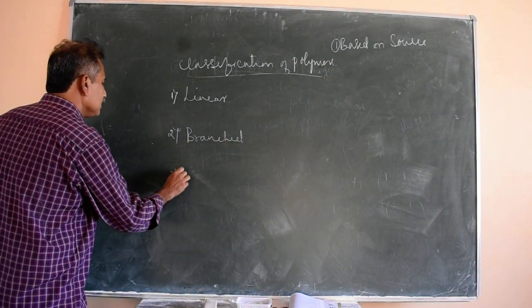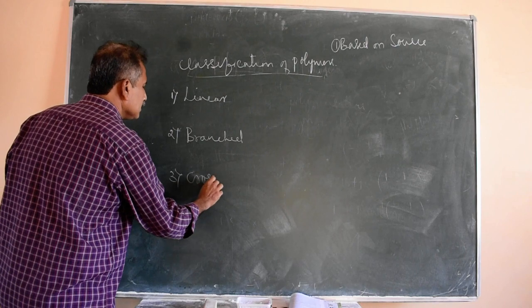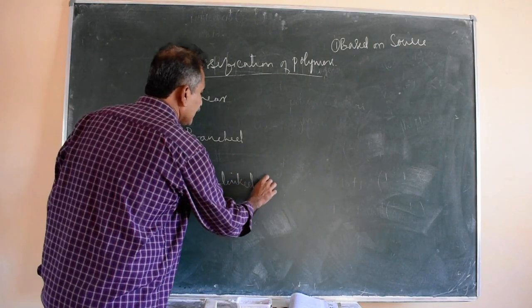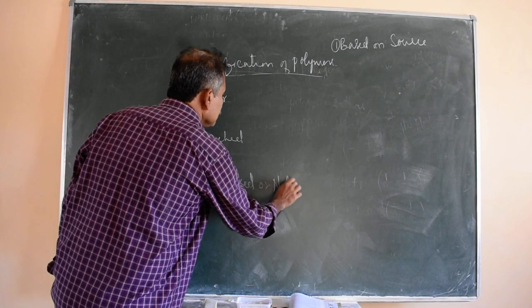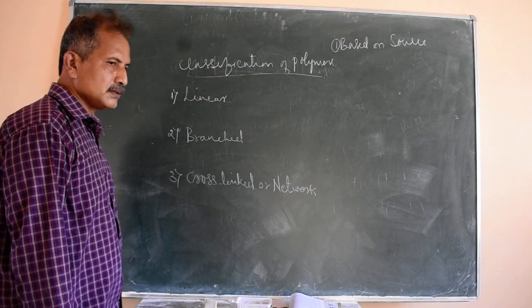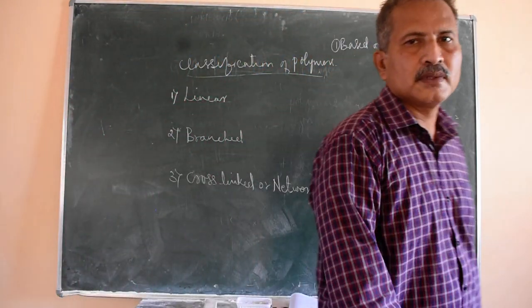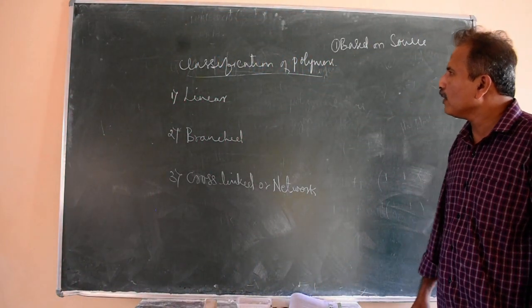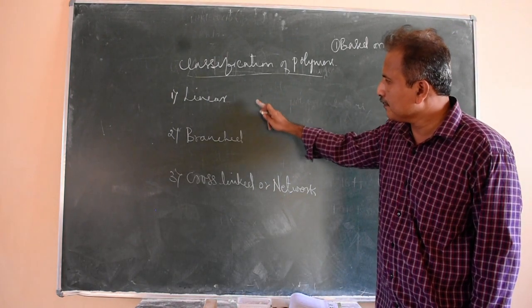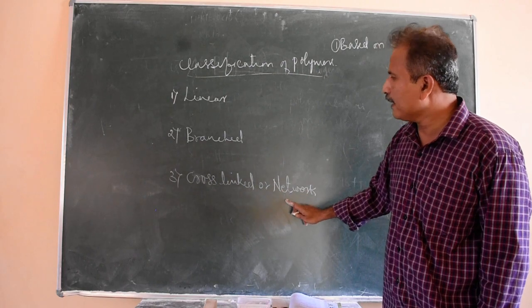Third one, cross-linked or network. Based on what structure they have, we can classify the polymers into again three types: linear, branched, and